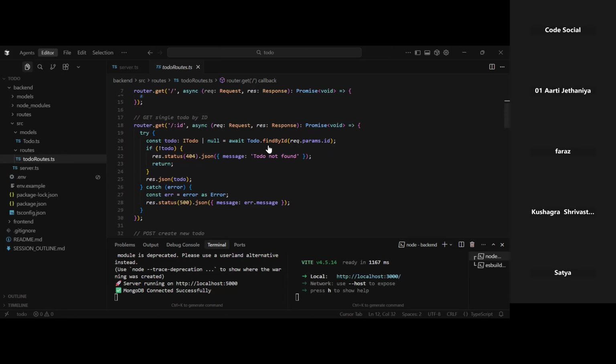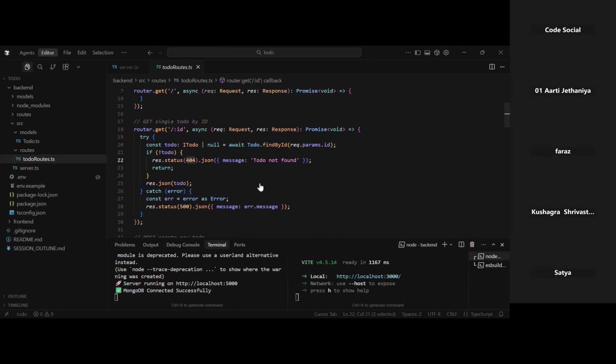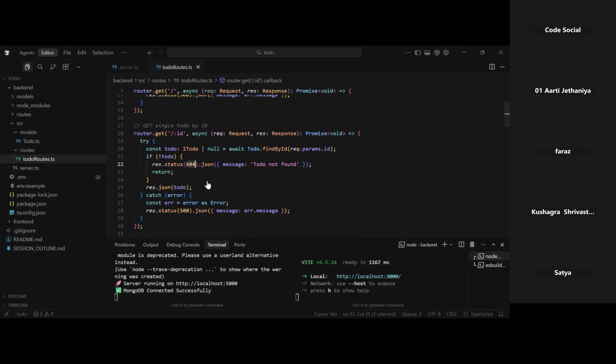We give this to the find by ID function, pass it as a parameter, request.params.id, whatever comes in the params of the API request, and return the response, check the response. If it is not found, we will just return a message with 404 not found. What is 404? It's a status. Okay. We have multiple statuses, 500 for internal error, 404, 403